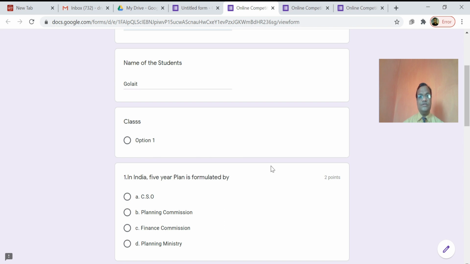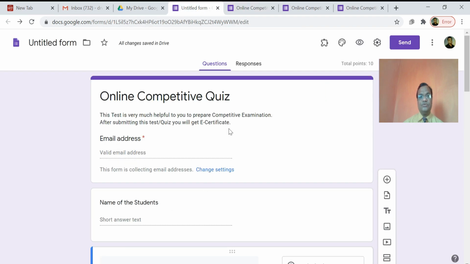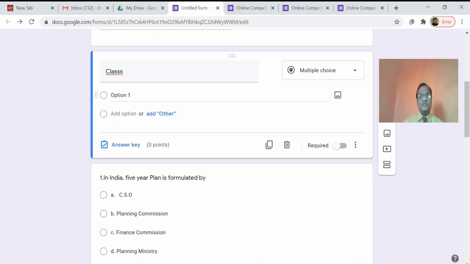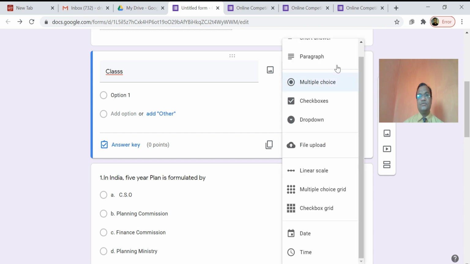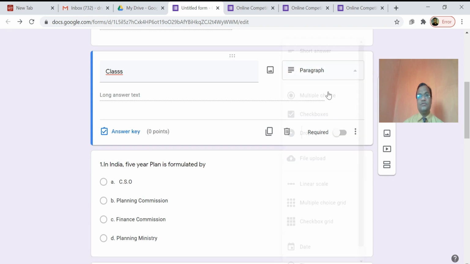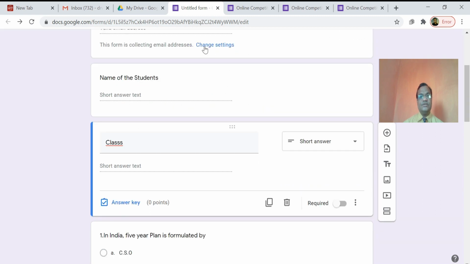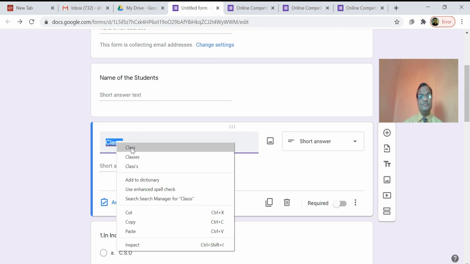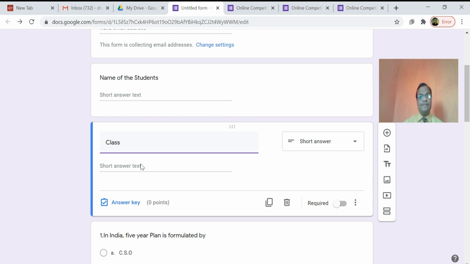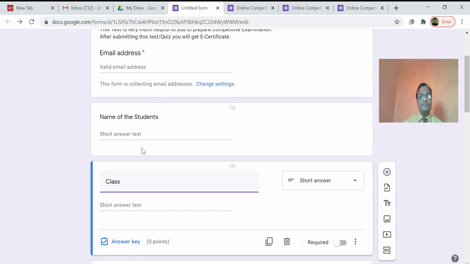Now you can see we have committed one mistake here in class. Class needs a short answer, sorry. So this line should be there.